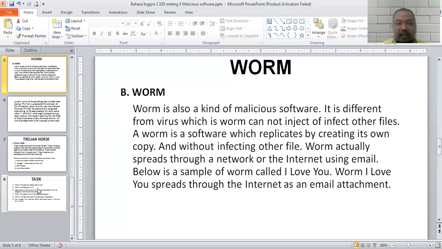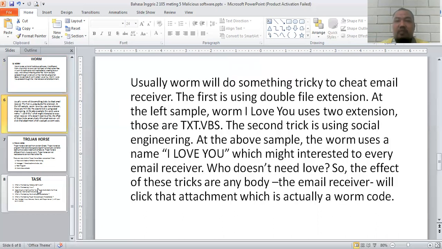And then have a look next. Usually worm will do something tricky to cheat email receiver. The first is using double file extension. At the left sample, worm I love you use two extensions. Those are